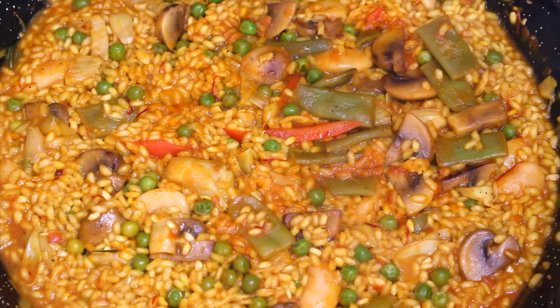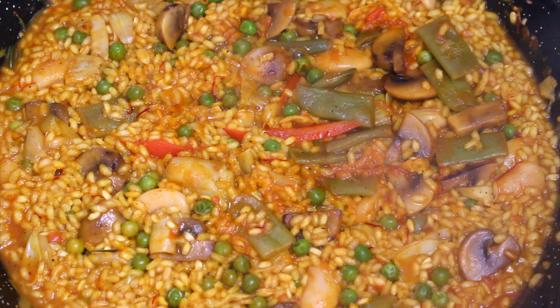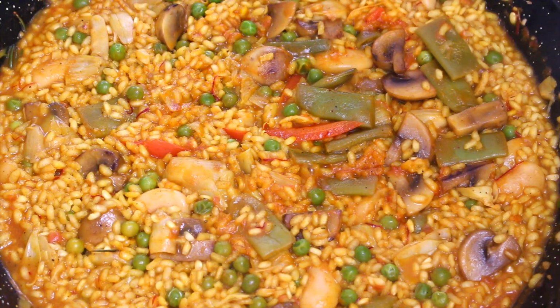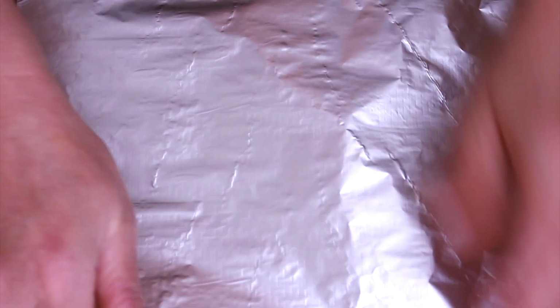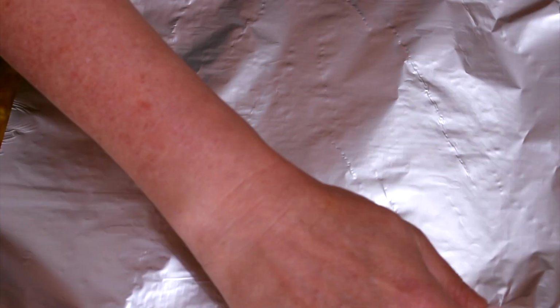3 minutes have passed, and now it's time to put your heat up again, because this is going to create a caramelized, crispy bottom that comes from the fat from the olive oil and the sweetness from the vegetables. I can definitely smell it. It smells so nice. All right, now we're going to cover the paella with an aluminum foil